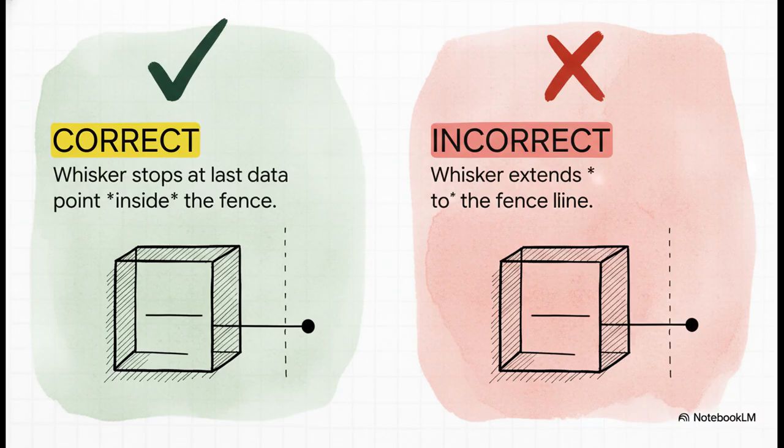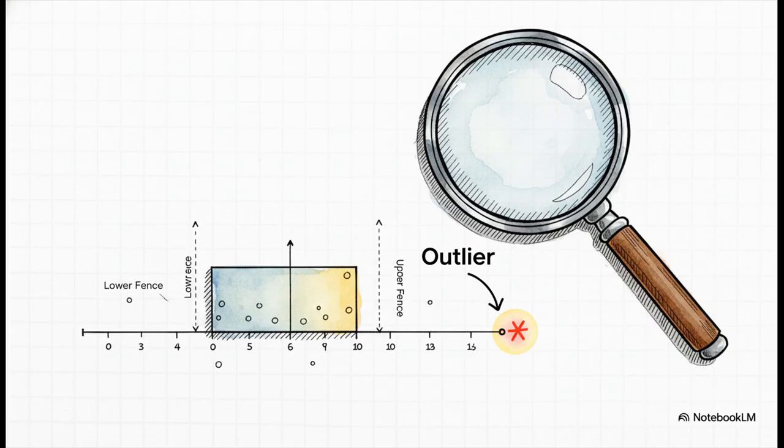They only go out to the farthest data points that are still inside those fence boundaries. Getting this right is totally key to drawing an accurate box plot. So what about any data points that do fall outside our fences? Well, those are outliers. They're the exceptions to the rule, right? The values that are way different from the rest of the group. We give them a special mark, usually a little dot or an asterisk, to show that they're not part of